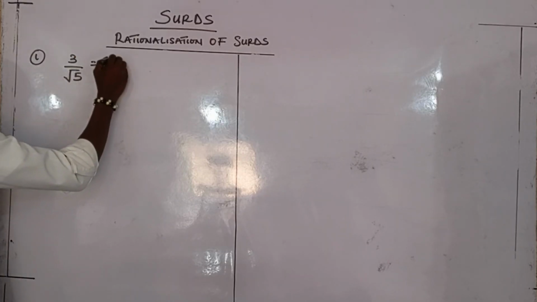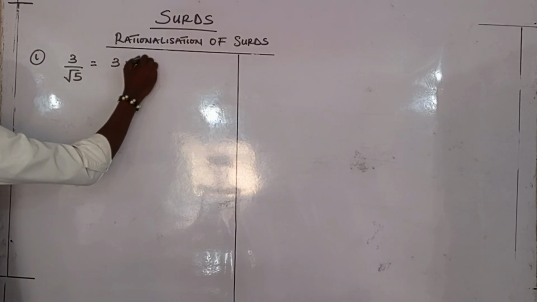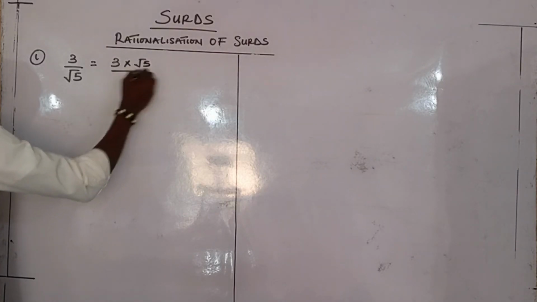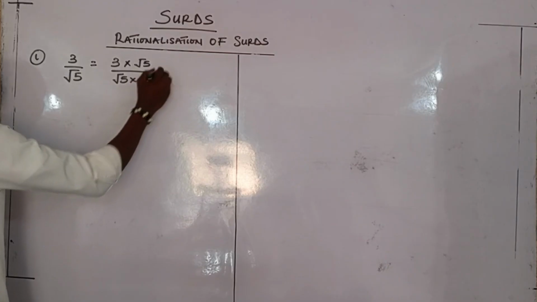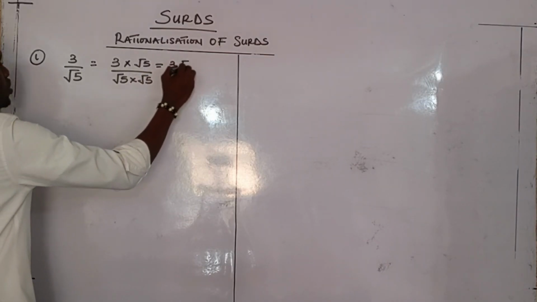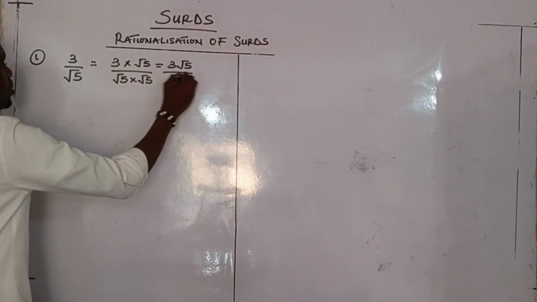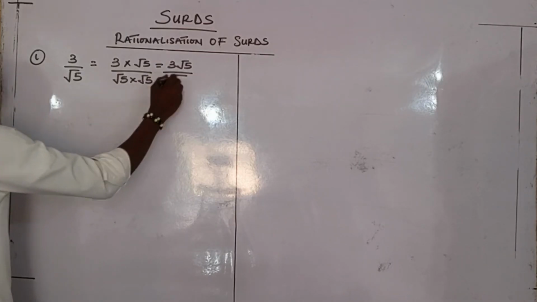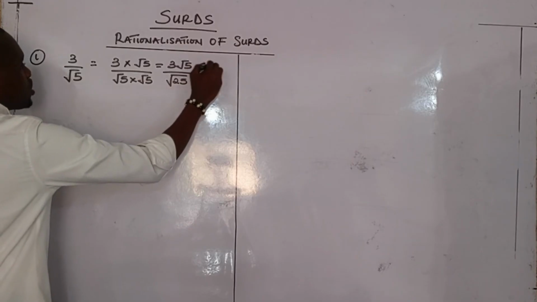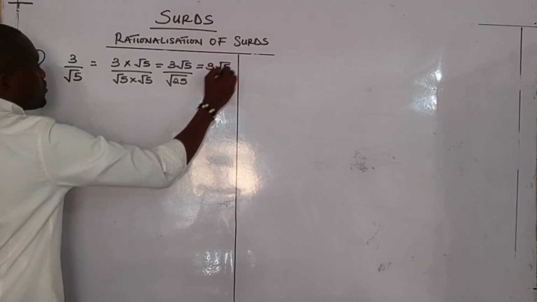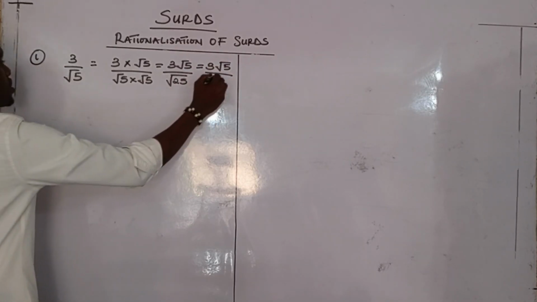So this should be equal to 3 times root 5 all over root 5 times root 5. This will give us 3 root 5 all over the square root of 5 times 5, which is 25. So our final answer is 3 root of 5 all over the square root of 25,